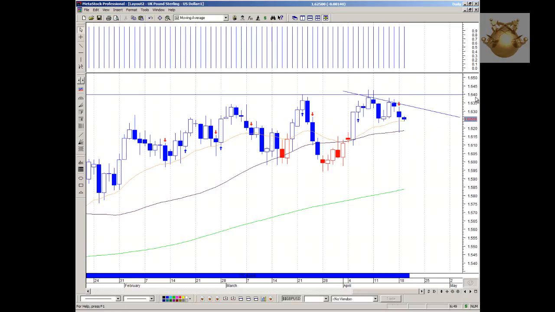You could see yet again a failure to break above 1.6400 and close significantly above that area has caused price to revert to the downside, and in doing so, forming lower swings. If you have a lower swing, then obviously you're going to have attempts to the downside. Price yesterday during the course of the day fell dramatically, and then during the latter part of the trading session was able to pull back quite significantly. So quite a long range yesterday,